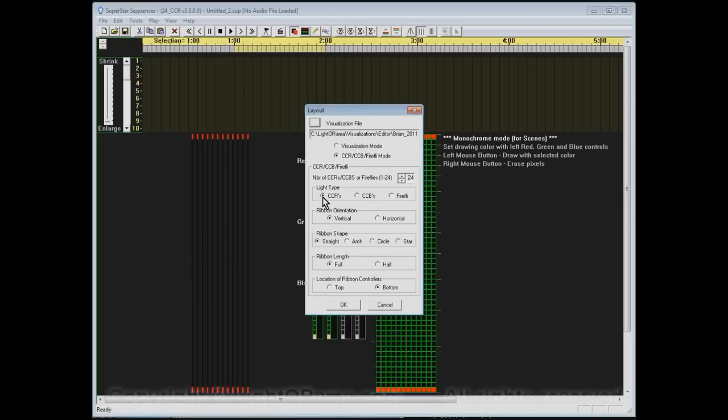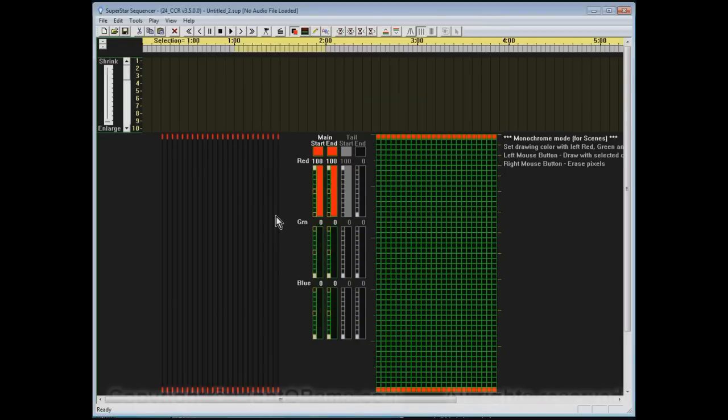So for the rest of the settings, we have light type as CCR, ribbon orientation as vertical, ribbon shape as straight, ribbon length as full, location of ribbon controllers is the default at bottom, but that setting only is used at export time, and we're not going to export, so this setting really doesn't matter for the purpose of this tutorial. We click on OK, and now you see we have 24 vertical ribbons,